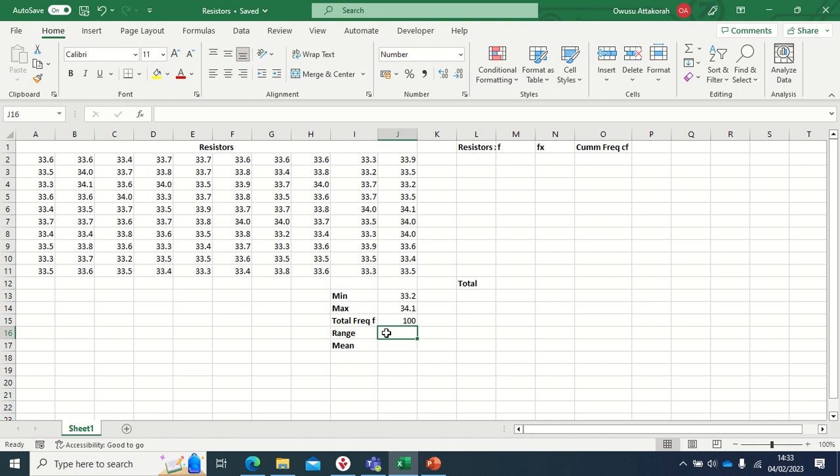Now I'm going to the range, which is the difference between the maximum resistor or the largest resistor and the minimum or smallest resistor. So equal to, and then I'll select the largest one and press the minus sign and select the smaller one, and the range is 0.9. So it varies from 33.2 to 34.1,